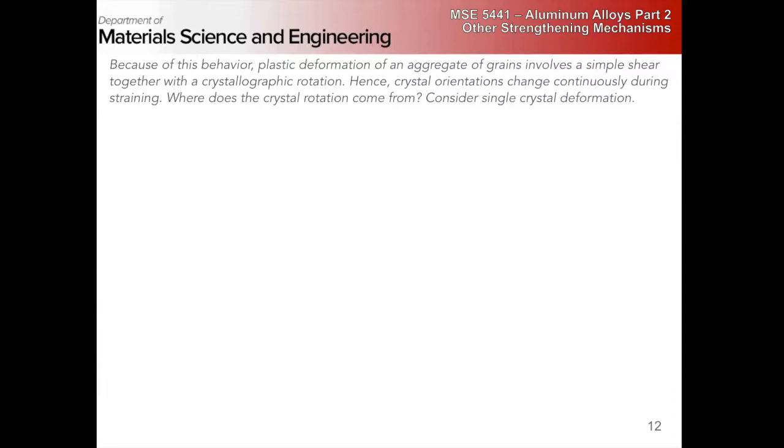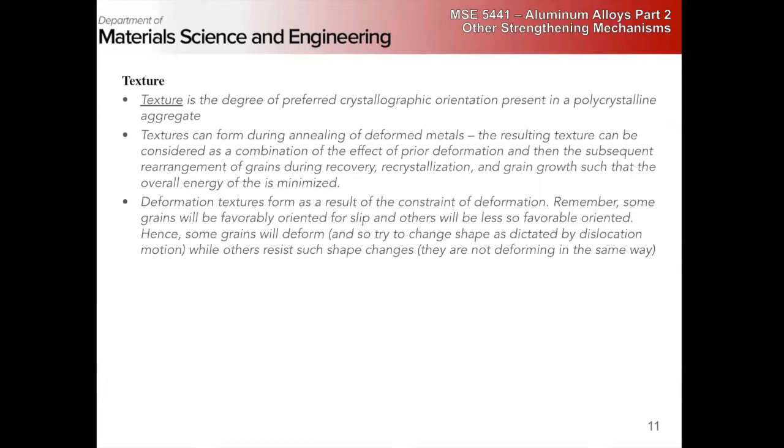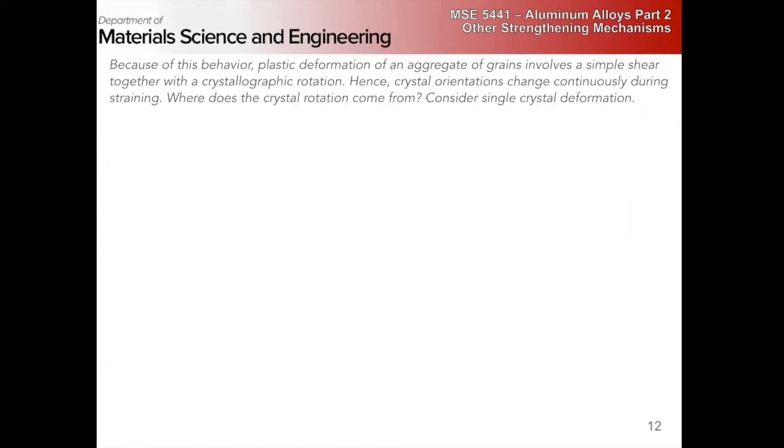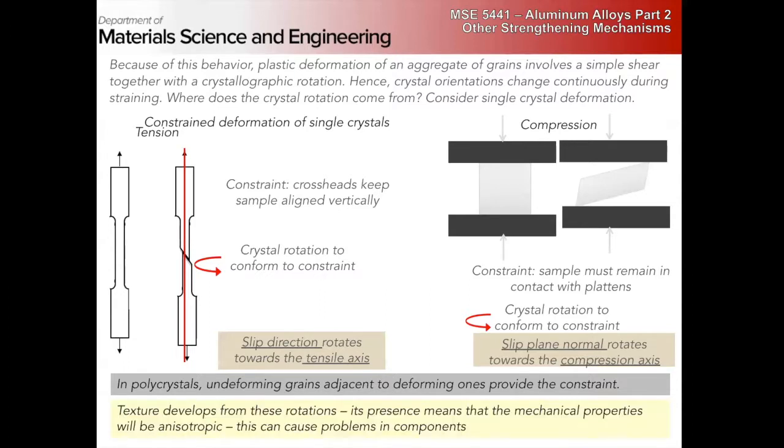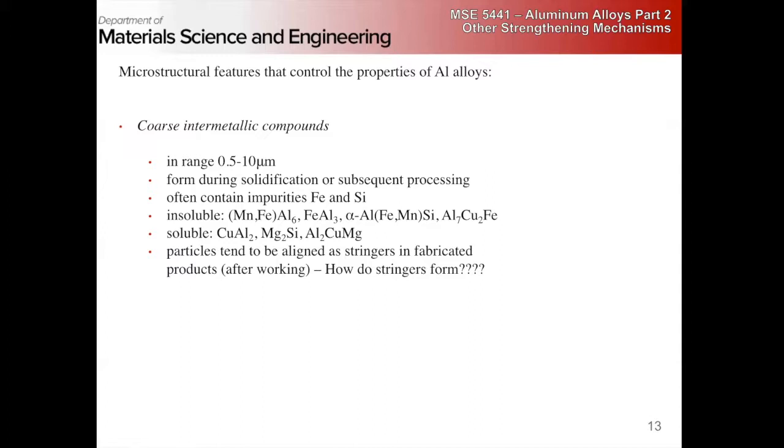If you have really cold worked aluminum and you anneal it, you get what's called cube texture. So all of your cube faces are parallel, and you have a sheet with a whole bunch of crystallographic axes all aligned, right? And the grains are just rotated with respect to each other. And so this is just a review of how texture forms, right? And that's just some overview of what strengthening mechanisms are going on other than the precipitation strengthening in aluminum